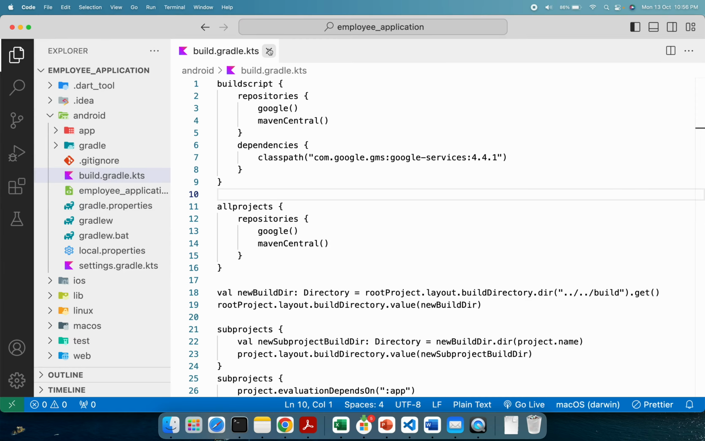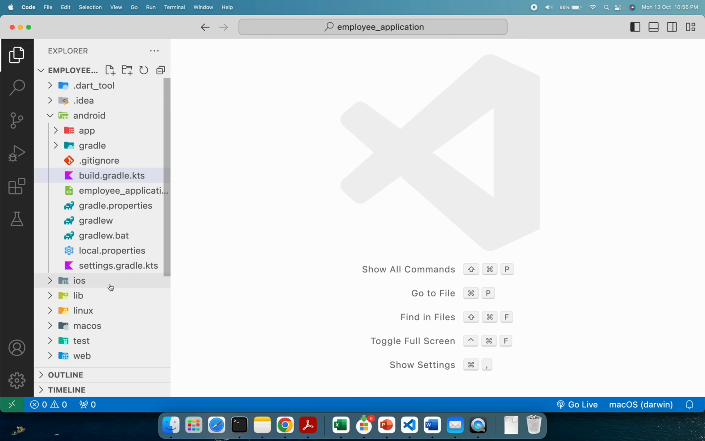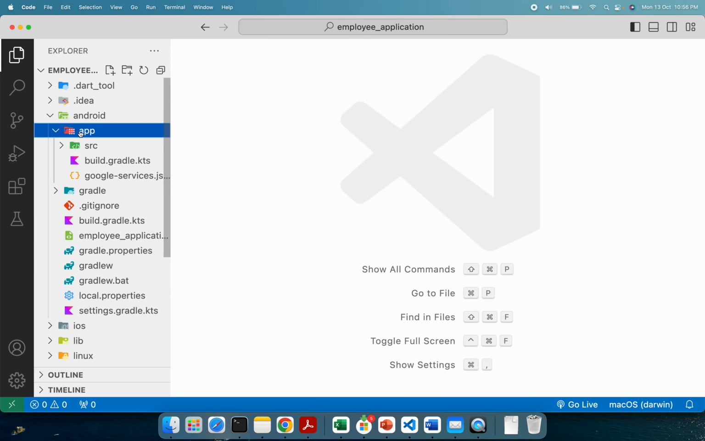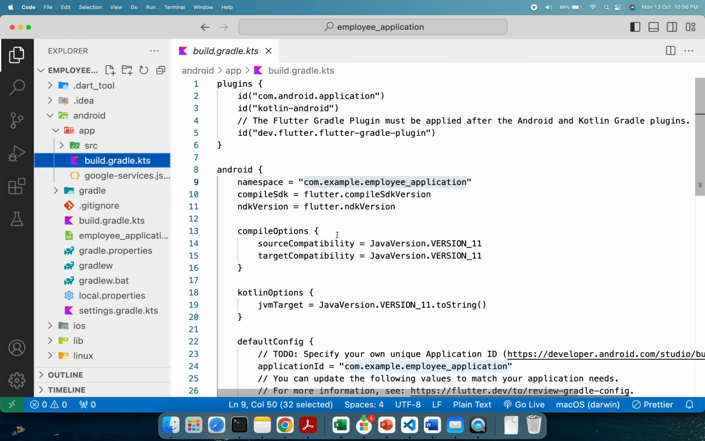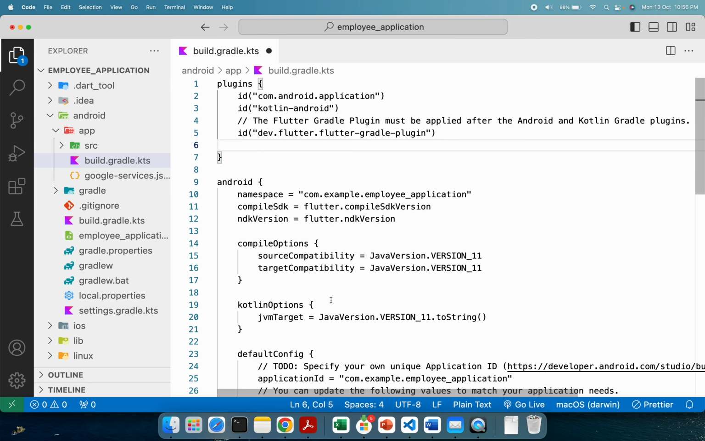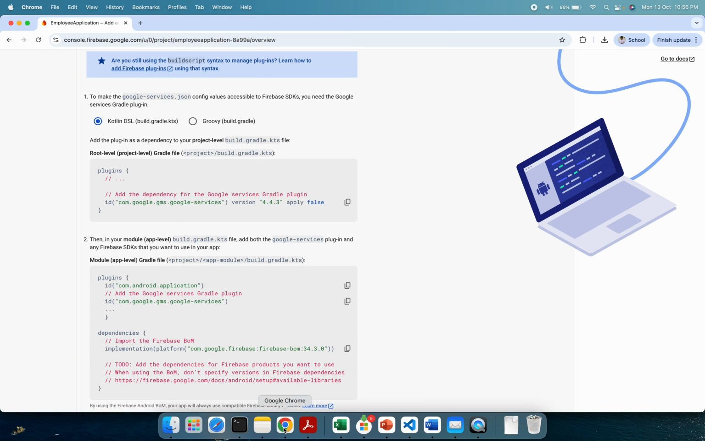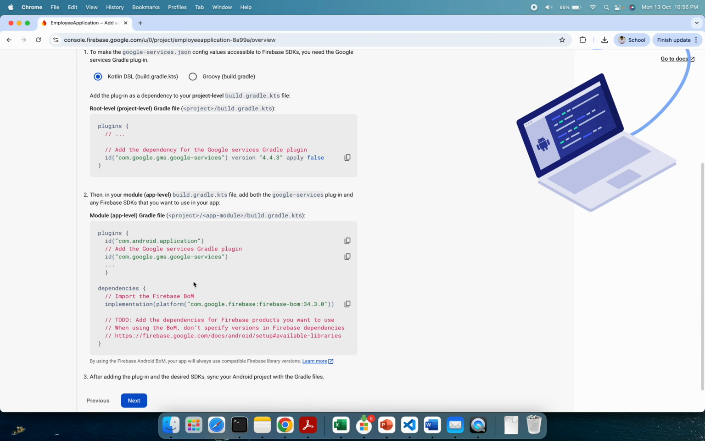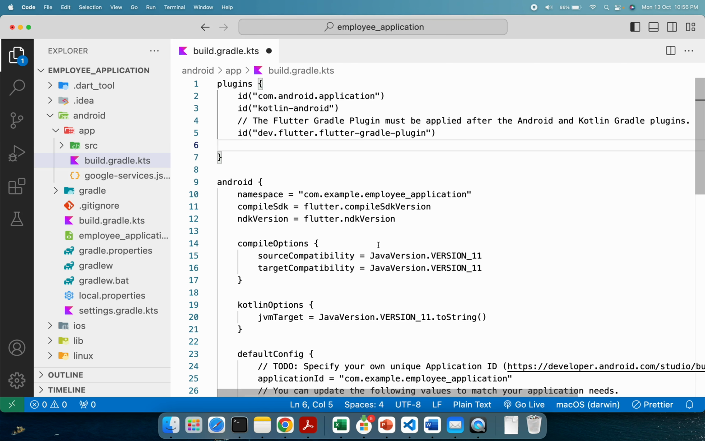Next we can close this, and we go for the app level Gradle settings. We have to open this app level Gradle settings. So first thing is plugins. We have to give the plugin. The plugin is already available here, you can see this. So this one you can copy and paste it here. So this plugin is